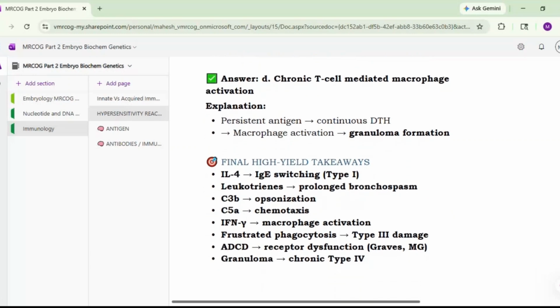So final take home message: interleukin 4 leads to IgE switching, that is in type 1. Leukotrienes lead to prolonged bronchospasm. C3b is responsible for opsonization, C5a for chemotaxis, interferon gamma for macrophage activation. Frustrated phagocytosis is seen in type 3 damage. Antibody mediated receptor dysfunction is seen in Graves or myasthenia gravis, and granuloma formation is seen in chronic type 4